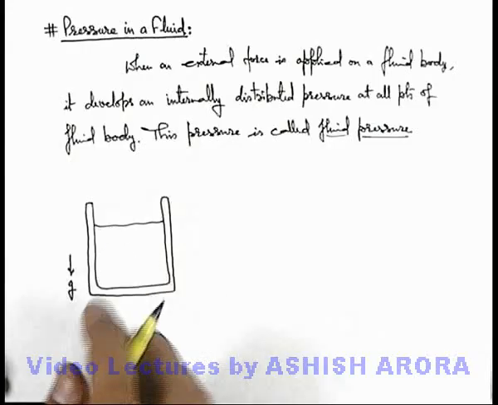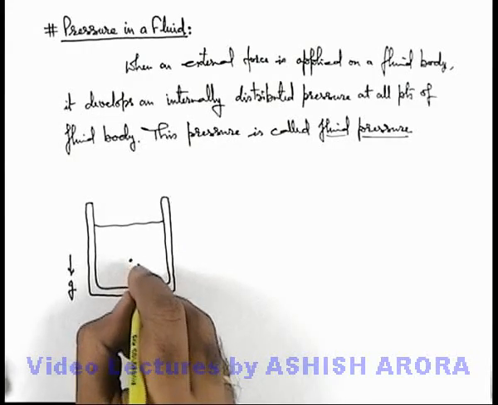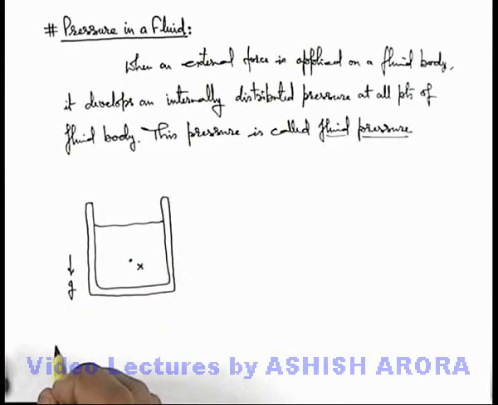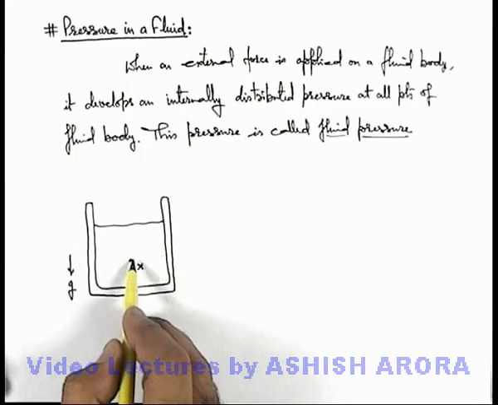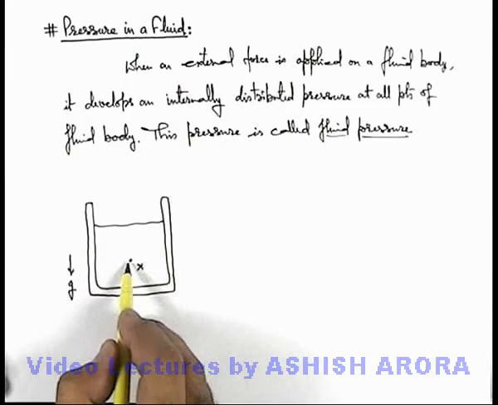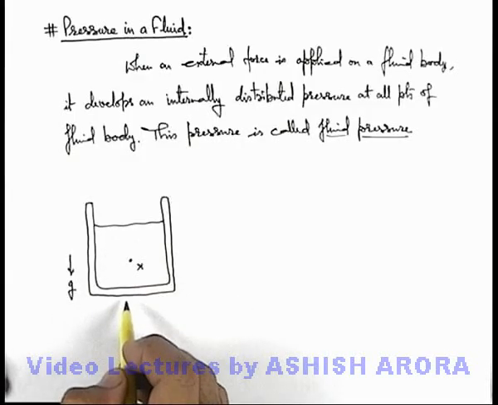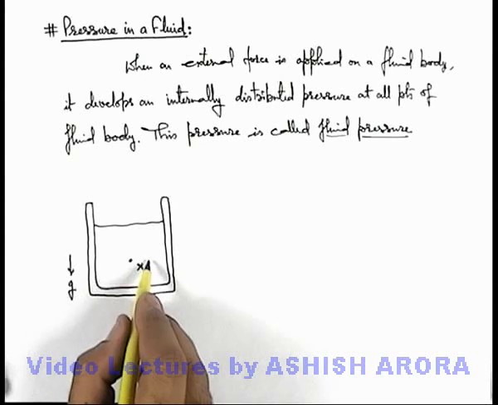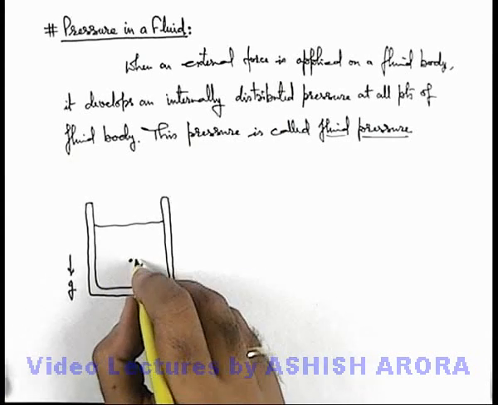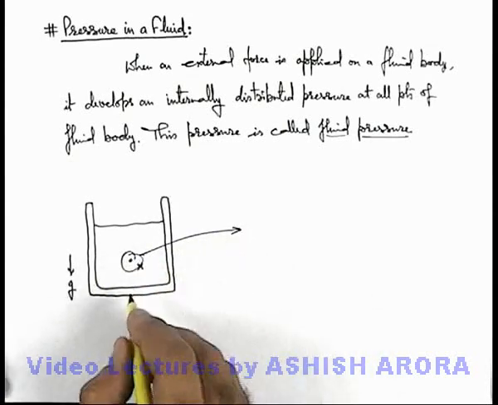At every point, we consider a point X in this liquid. The whole fluid weight above the point X will be pushing the fluid below the point X in a downward direction. If we just magnify the situation,